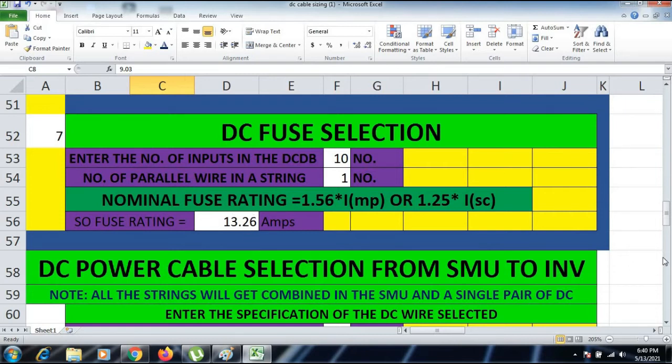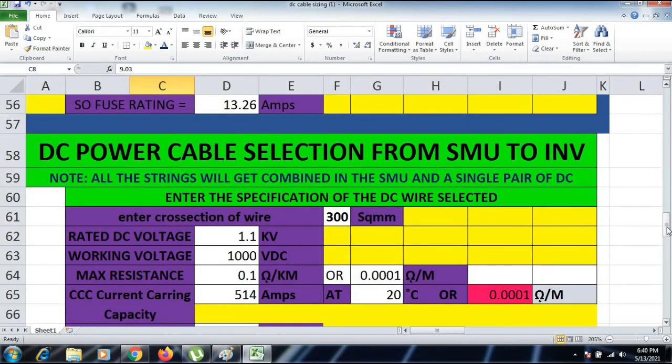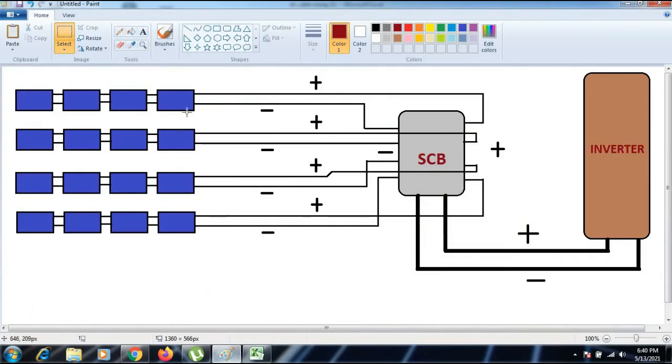So guys, to explain that, I am going to show you one picture here. As you can see here, suppose this is our solar plant. We have a few modules in series making a positive string and a negative string, and another few modules in series making another positive and negative string. In this picture it's showing just 4 modules, but you can assume it as 20 modules in series making a single positive string and a single negative string, and another 20 modules in series making another single positive and single negative string, as per the calculation we are doing in that technical data sheet.